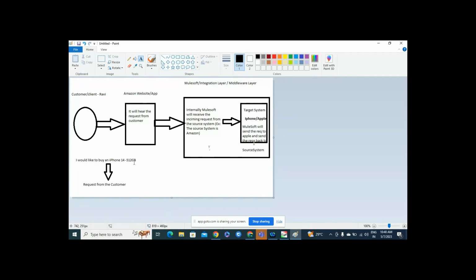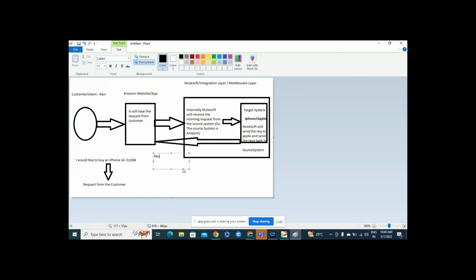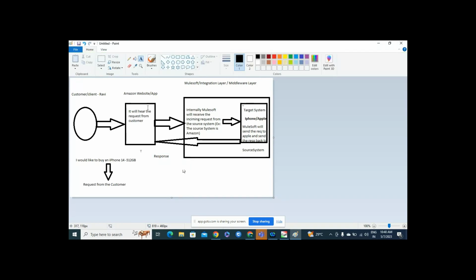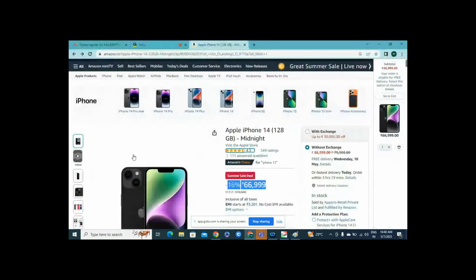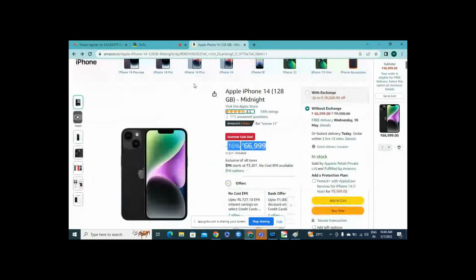It will give the response, and the response goes back through to the source system. This response is available on the website. That's what we are currently seeing here.